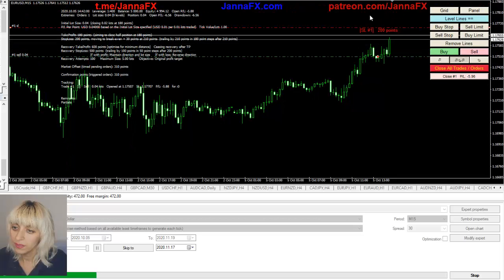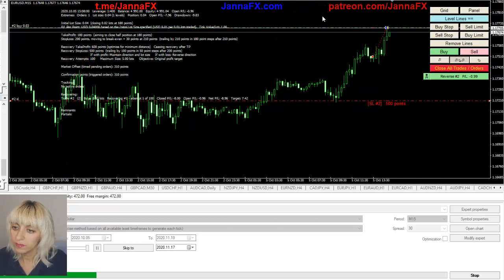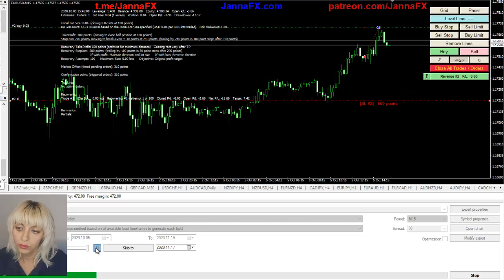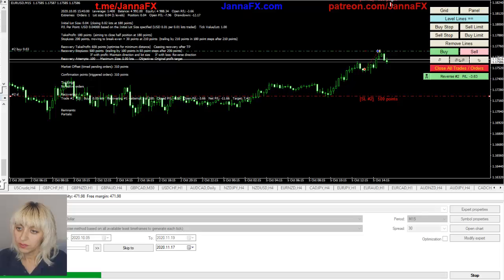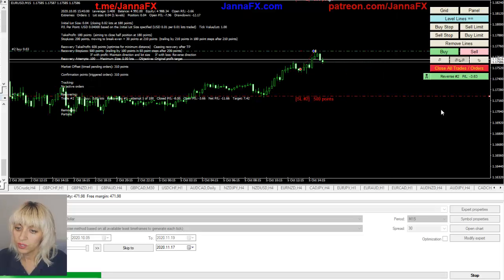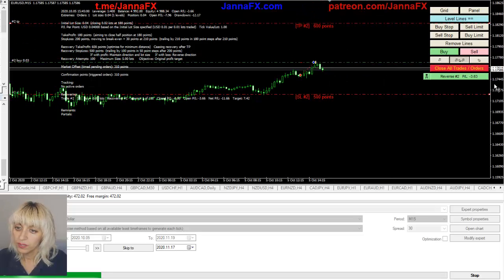Okay, we press the sell, and now I'm going to slow down and stop it. So here's our recovery started, as you can see, guys. Let's just see, move a little bit. Our original take profit was 600 points, the stop loss 500, and you can see the lot size increased. It's not 0.03 now. So we're going to let it run